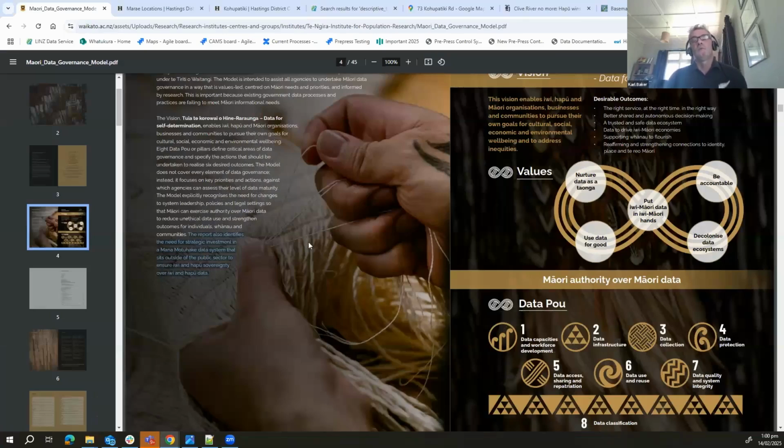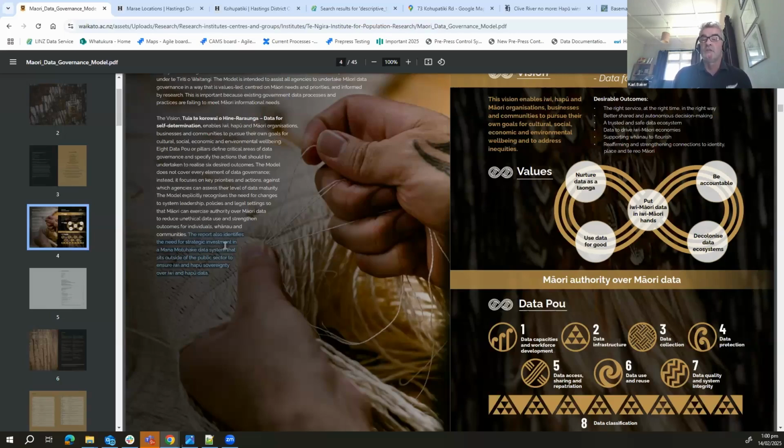So what I'm hot on is Māori data sovereignty, and I'm so excited about it, but we don't do too much about it. But it ticks these boxes around how we've collected data and made maps in the past, and how we should be doing it in the future, right? So we talk about a data infrastructure, how we collect stuff, the protection of the data, the sharing, the use and the reuse, and quality and system integrity, right? And on this side here, it says this report identifies a need for strategic investment because you want to collect data outside of the public sector systems, right? That kind of breaks my heart a bit, but it's also true, right?